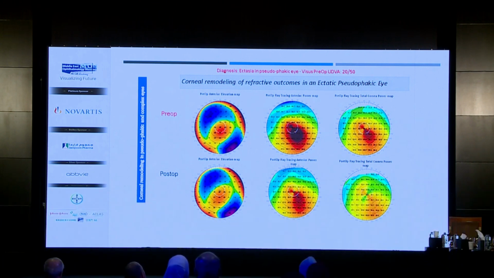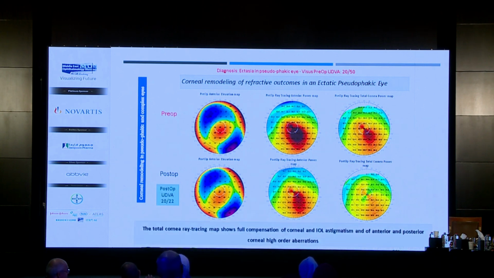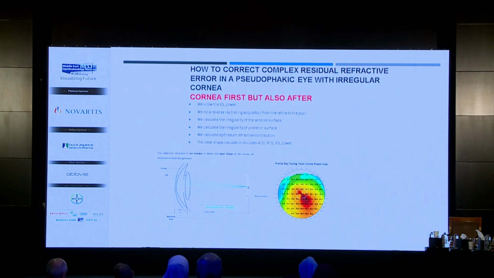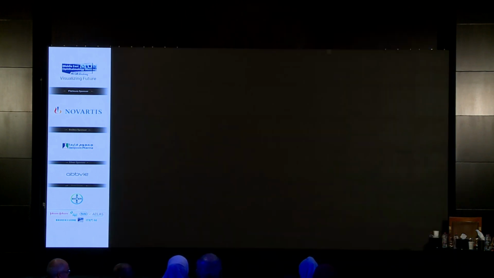And you can see here the postoperative ray tracing anterior power map and the total corneal ray tracing map, where you can see that we leave a small amount of cylinder compensating and neutralizing the IOL cylinder. So this patient passed from 20/50 to 20/22 uncorrected distance visual acuity. Cornea first, so, but also cornea after, thanks to